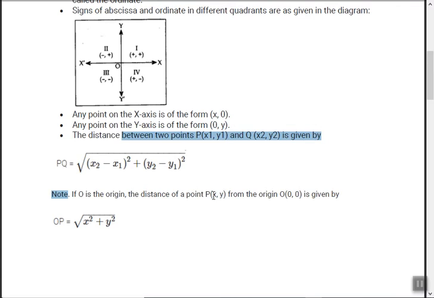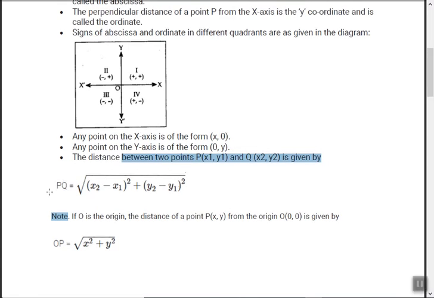So 5 minus 0 means x2 minus x1. 5 minus 0, so 0 remains, only 5 square, so that's why x square. Or here 7 minus 0, so 0 means nothing, so 7 square, so y square only. So in that case x2 and y2 or x1 and y1 vanish. This is also known as the distance formula. So remember this: distance equals root of (x2 minus x1) the whole square plus (y2 minus y1) the whole square, or vice versa, anything.